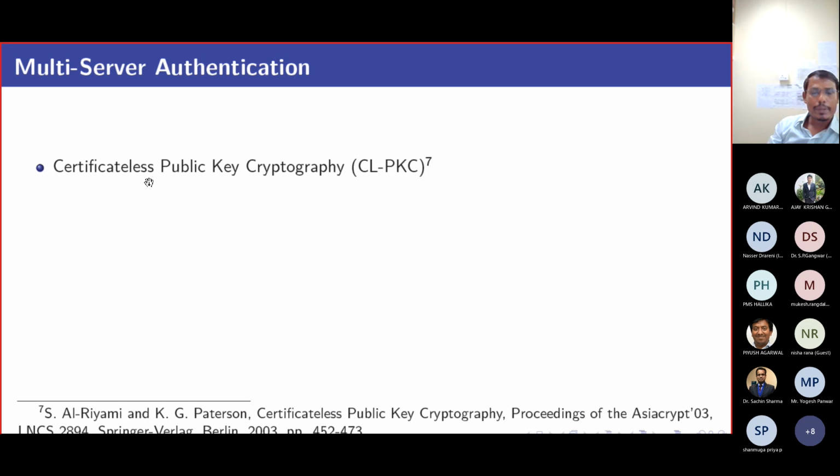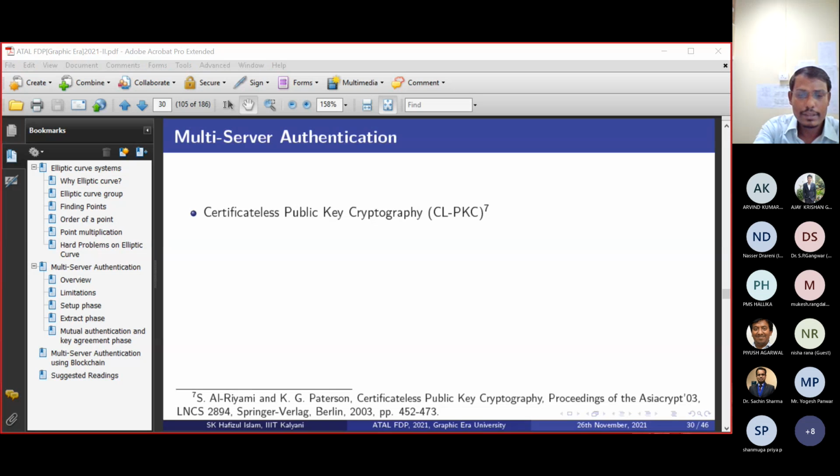Now certificate-less public key cryptography. If you look into the CA-based system, CAPKC, here the user will select a secret key x and calculate its corresponding public key, suppose with an elliptic curve, x times P. In IBC, you have an identity, the hash of ID, and the secret key of the PKG, suppose s, so the private key is s times Q. Here this key is known to the PKG, and the user only knows the secret key.